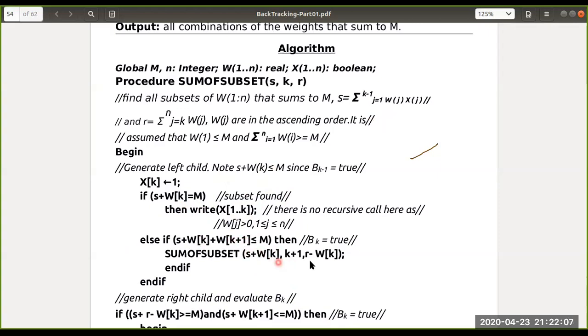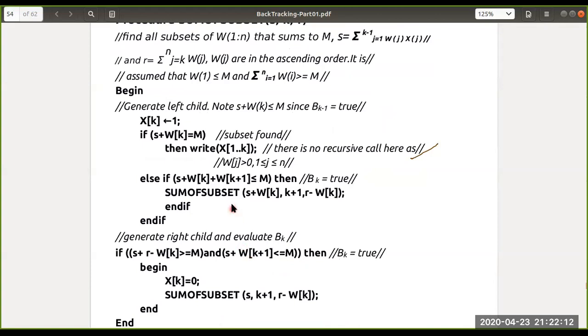So this is for left side, this is for right side. Recursively calling means left side, and this is a recursive call for the right side. If both checking conditions fail, or if the condition is true, I just display that array. This array contains the binary values. First, initially, if I take the left side it means 1. Otherwise, if I don't take it, the right side means s of k equal to 0, generating the right child.